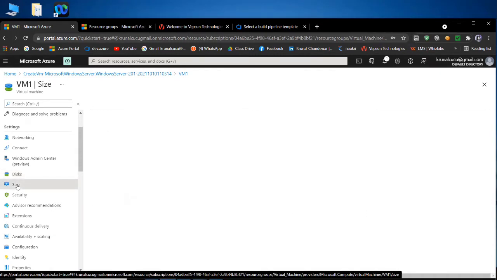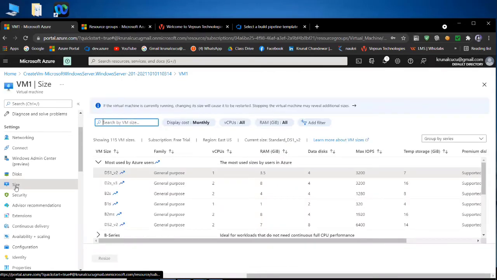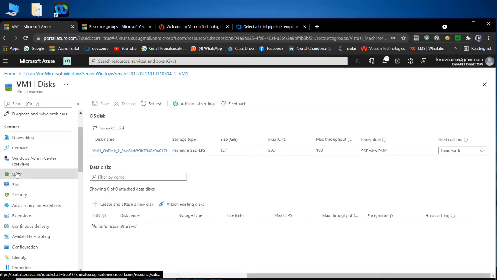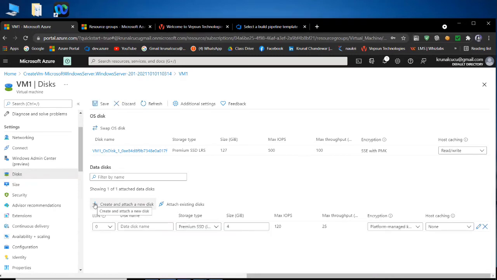This is for changing the size of your plan, and this is for adding your disk. Click on disk and click on create and attach a new disk. After clicking here, you get this option, and give the name of your data disk, like I'm giving here G.